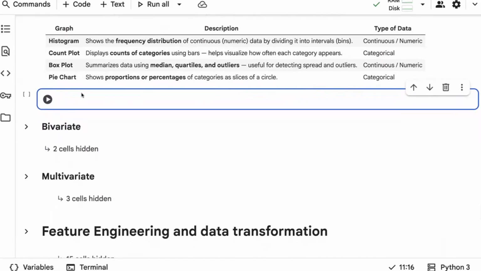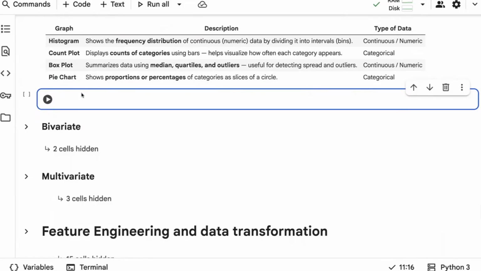So we have different graphs that come under univariate analysis. First one is a histogram. Always remember, a histogram requires one numerical variable and is used for showing the distribution of data. If you want to know how well data is distributed, in that case, a histogram plays an important role. Then comes a count plot. A count plot requires one categorical column, that means a text column which has categories. This is used for understanding the count of categories. Let's say, for example, you have a gender column. You just want to understand how many male and how many female you have, and you want to visualize that. That's where we use a count plot.